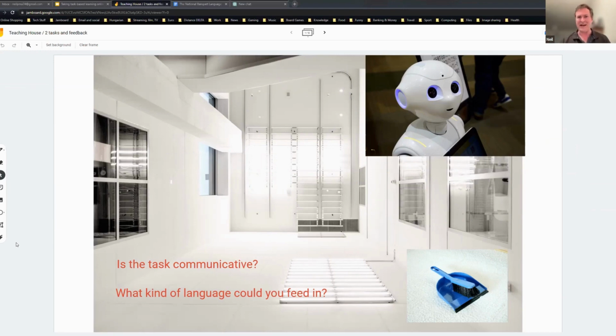The students will say no, and I can show them this picture. What's that? It's a domestic robot, an AI that's programmed to do simple tasks around the house. While I'm describing the task, you can think about the two questions at the bottom: is it communicative, and what kind of language could you feed in?